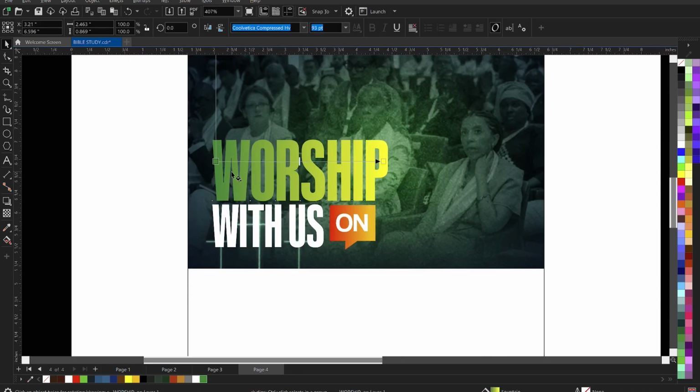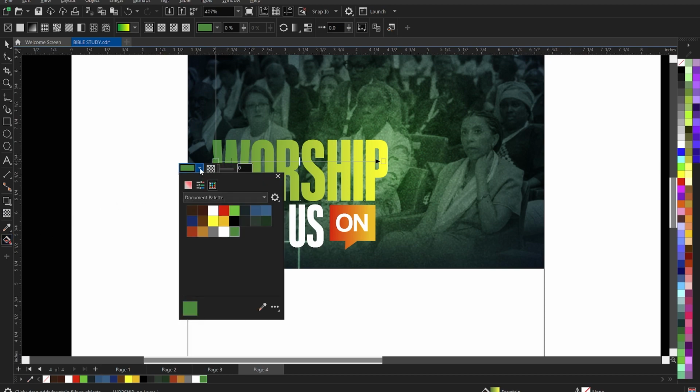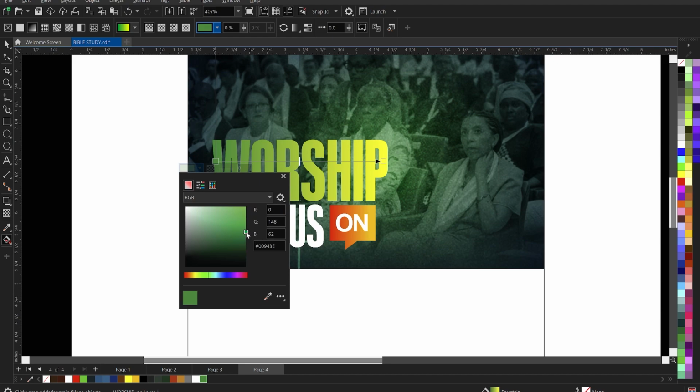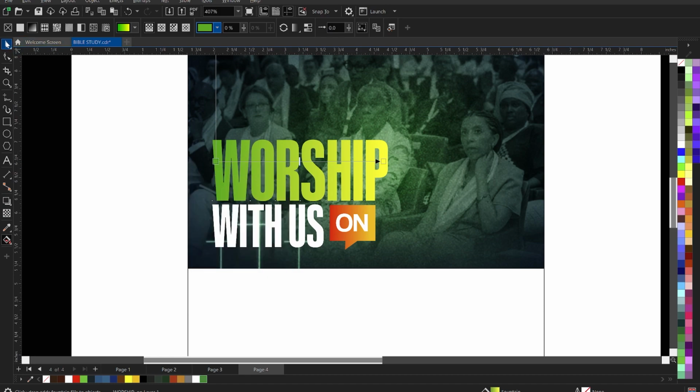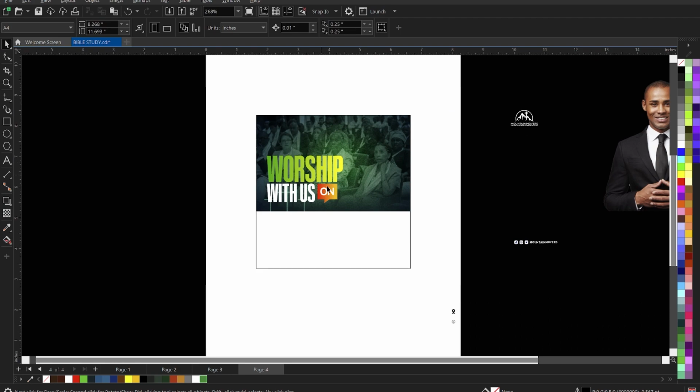So if we want to adjust this green, we'll still select our interactive fill 2, come here and then adjust the color like this. Let's adjust the color a little, and then we have this, and then we have the, you see, worship with us